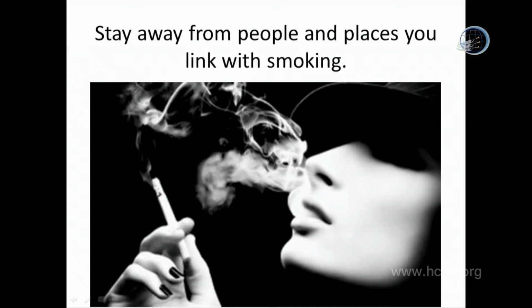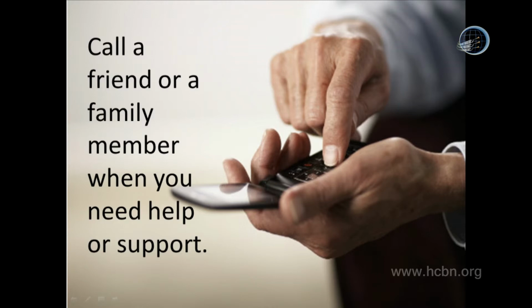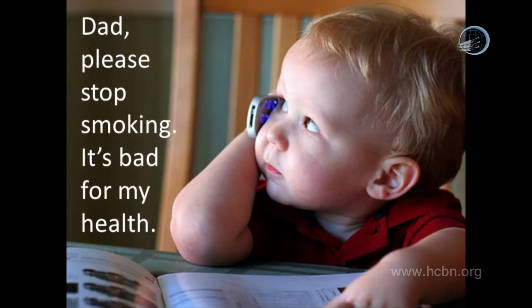And they have to stay away from people and places that link them with smoking. So they shouldn't be going to places where their friends are smoking, where everybody's smoking. They should probably go to places like Esplanade, where they could just jog and not be exposed to those temptations of smoking. And if they feel that they're being tempted to smoke again, remind them to call a friend. They should call you or a family member when they need help, just like this man who calls his son for help. And his son said,